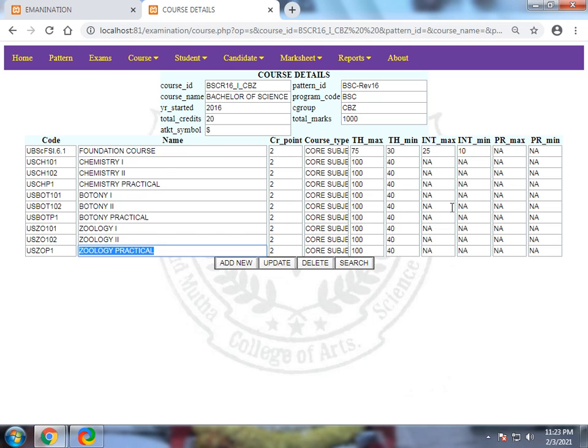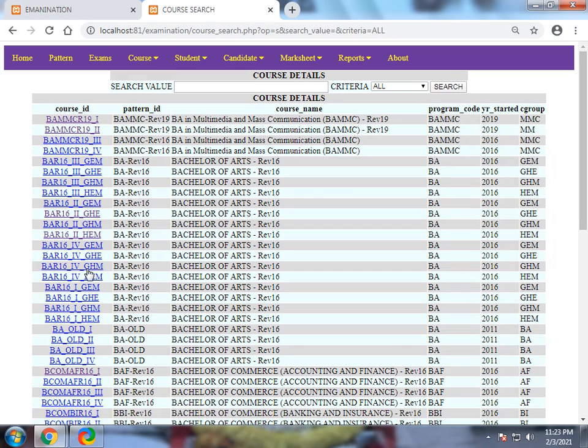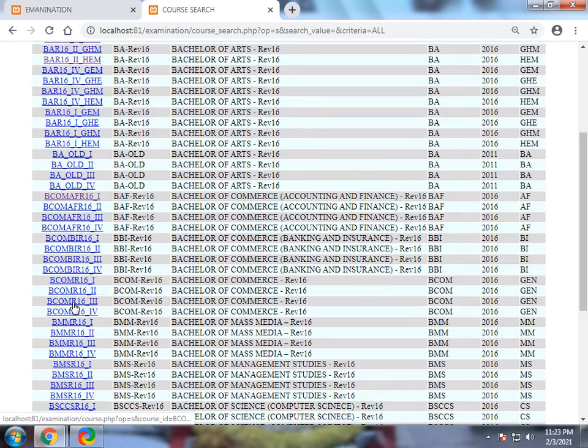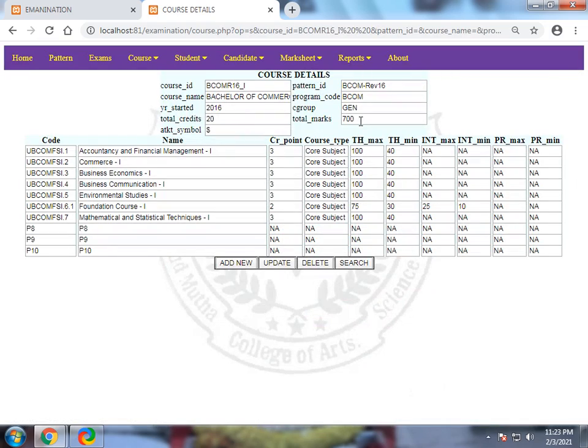So whatever we are putting here means we are setting one kind of scheme or one kind of basic fundamental plan here in the course details. We just take another course, for example a BA. So it's just like the BCom, you can say. BCom is 700 marks, it is general BCom. Commerce, the grade points are 2, and the subjects are different. Now we can see it in another thing.